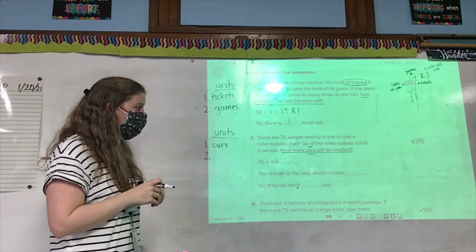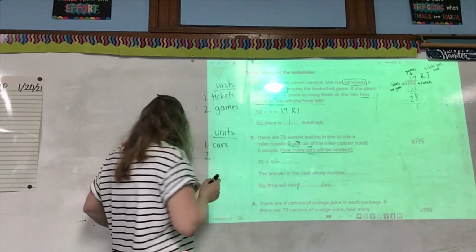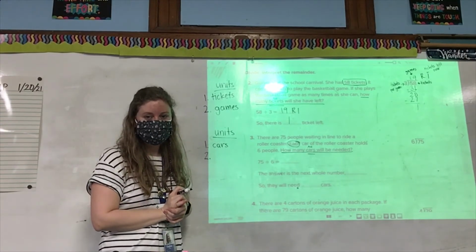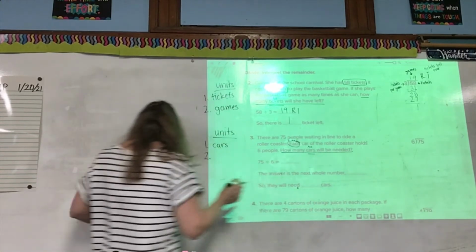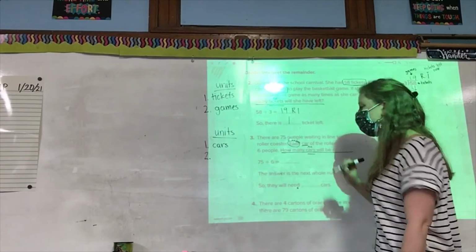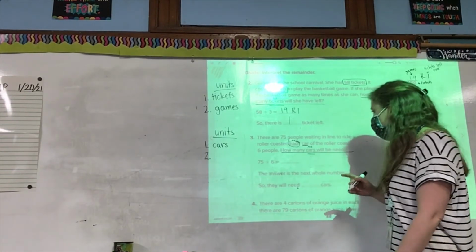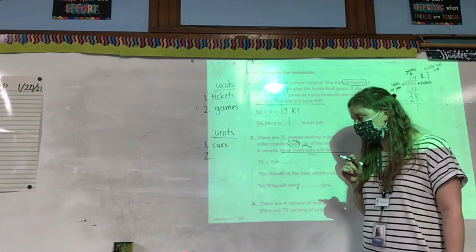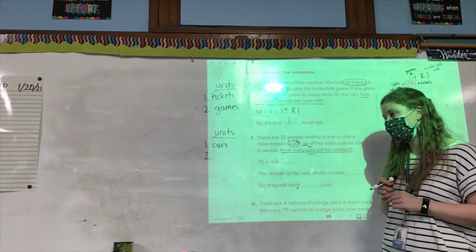Each car of the roller coaster holds 6 people. Oh, well, I see each, which tells me what? We're doing multiplication or division. Aaron, I see the word car after each. Does that tell me my other unit yet? No. But what do I know about each car? What do I know about each car? We know that